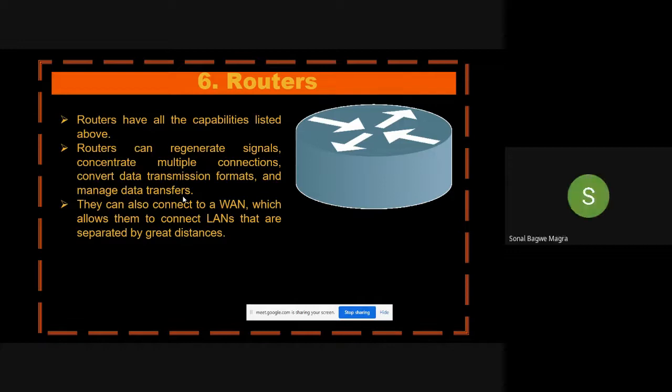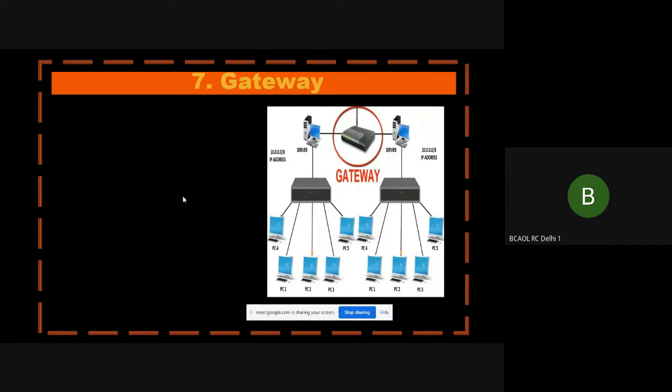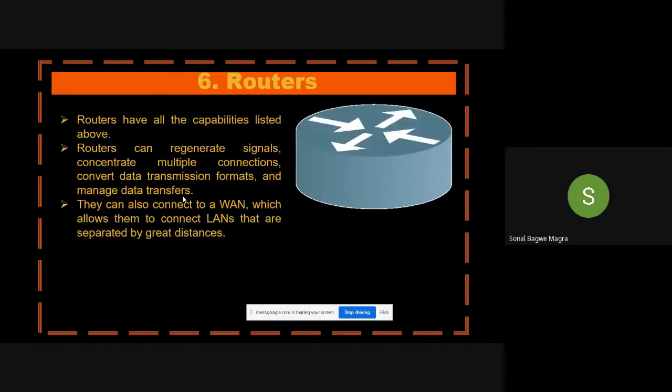And if you connect all over the world, your internet is a wide area network. We'll talk about that later. Then the other device which was there was the gateway. One thing the router also does is it routes the path of the packets to the destination computer,